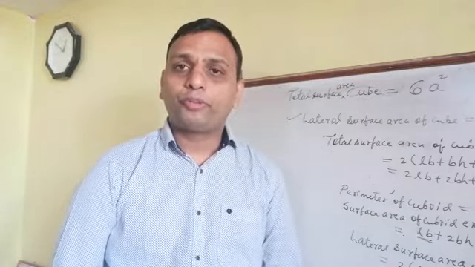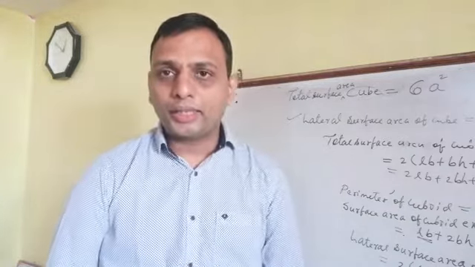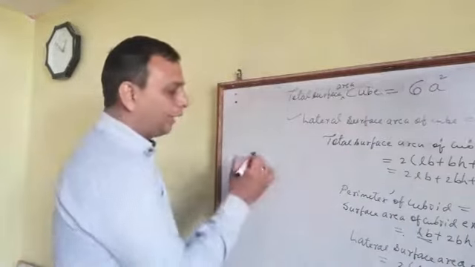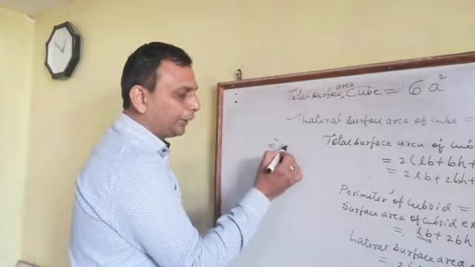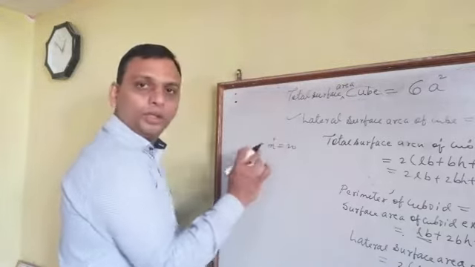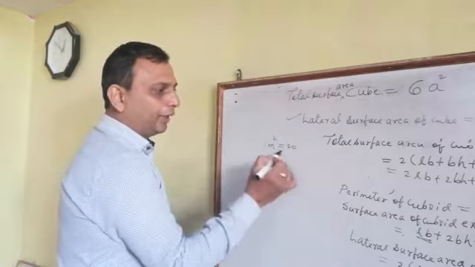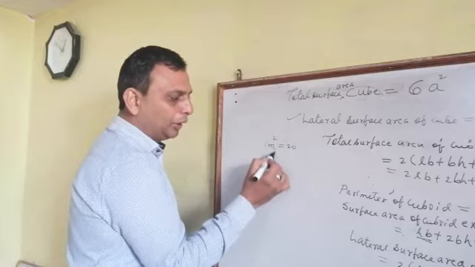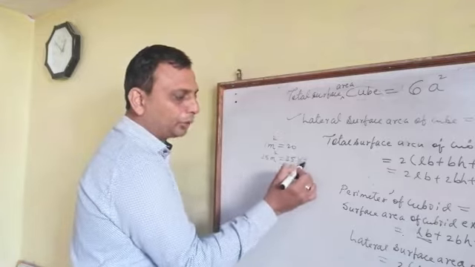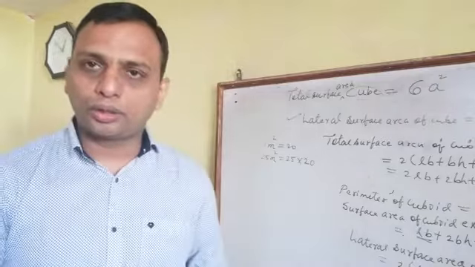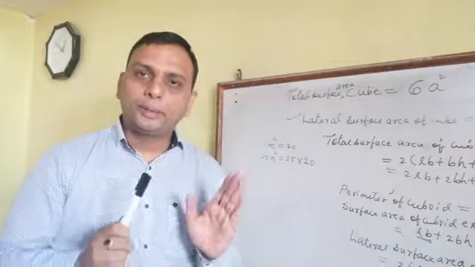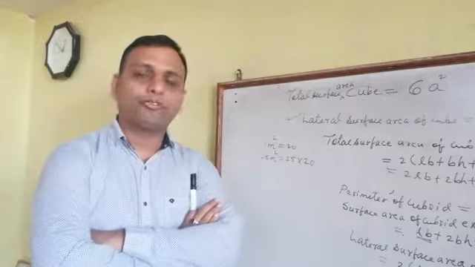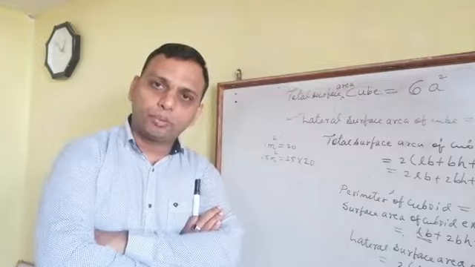Same way, suppose we have to find the cost in the area column, then what we'll do is first find the area. If the cost of 1 meter square is 20 rupees, and suppose the area is 25 meter square, then 25 will be multiplied with 20 to find the total cost. So you also have to keep that in mind. In some questions we need to find the cost, in some we need to find the area, and in some we need to find both.